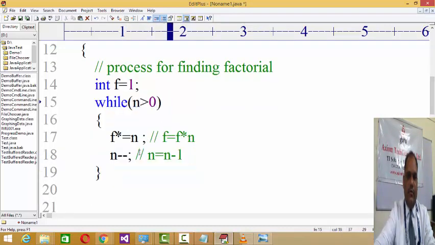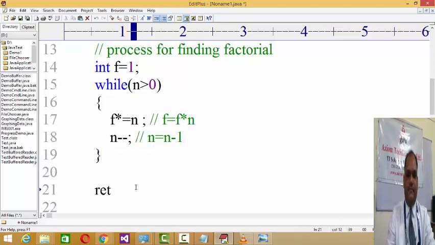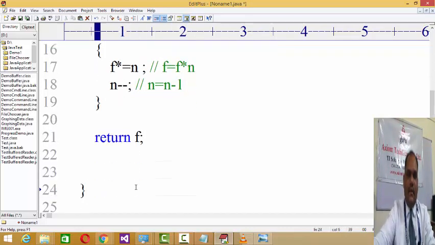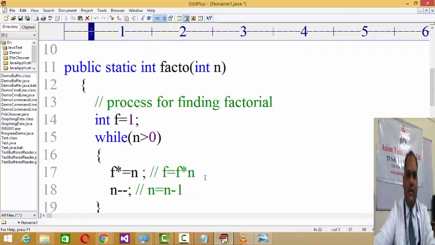So every time the 4, then 3, then 2 into 1 get multiplied to f. So finally, if you are finding the factorial of 4, it becomes 24 by continuously reducing the value of n by 1, and finally the resultant value will be returned, f. Clear? So this is the definition of a factorial.